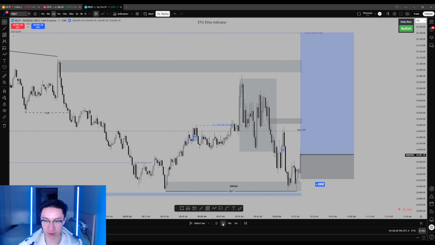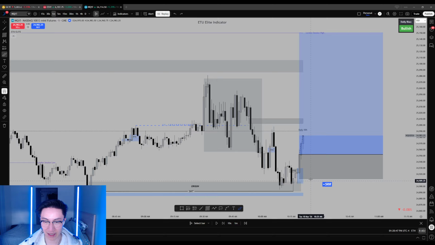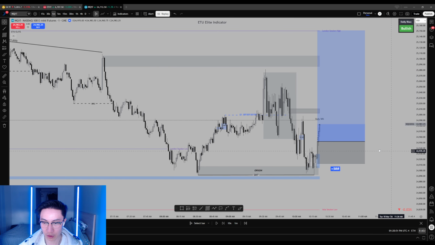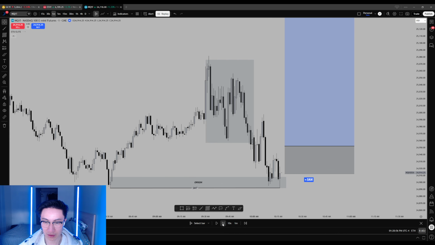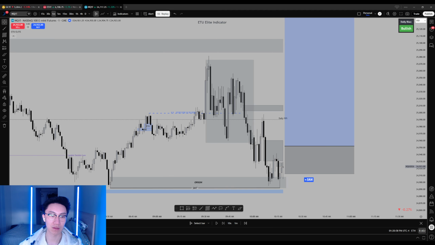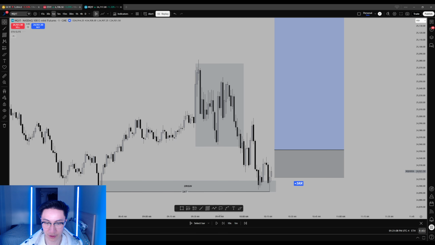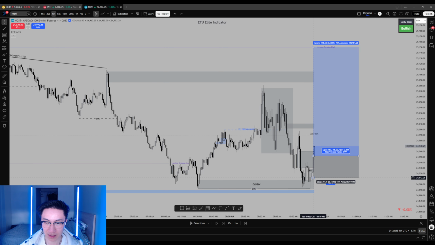So I did get my entry model here. If you want the indicator, the link is down below, but you can see it says IFVG there. That's my entry model. I entered on the candle closure above that IFVG label. Again, my indicator will auto mark this for you guys when it gives you the signal. You can also add alerts to the indicator, so you can get alerts when an entry model appears. So you can see, boom, it turns into IFVG instead of just a box. I'll show you guys once again. Boom, this is IFVG. So I took that entry and I had an aggressive stop loss